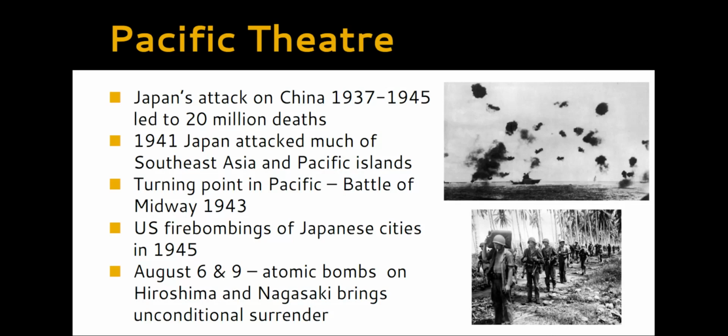They are desperately trying to end the war as soon as they can to get the Japanese to surrender. That doesn't work. And by August of 1945, the United States makes the decision to use atomic weapons on two cities in Japan, Hiroshima and Nagasaki, and that will end in an unconditional surrender on the Japanese part.